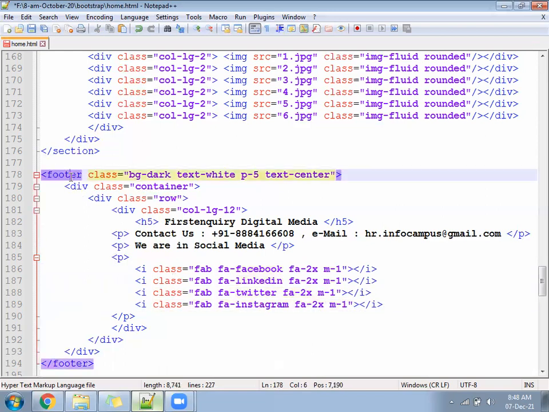So this is the footer section. Complete black color will come. Text will be white color. Text will be in the middle and everything will be okay.